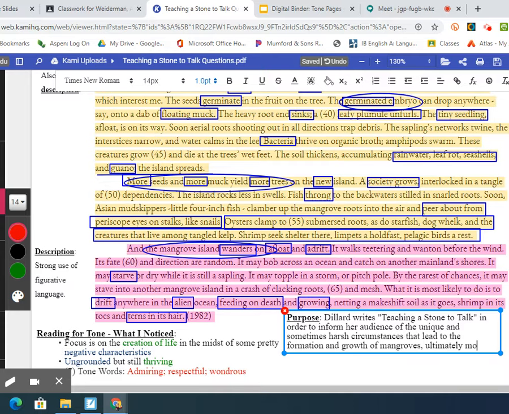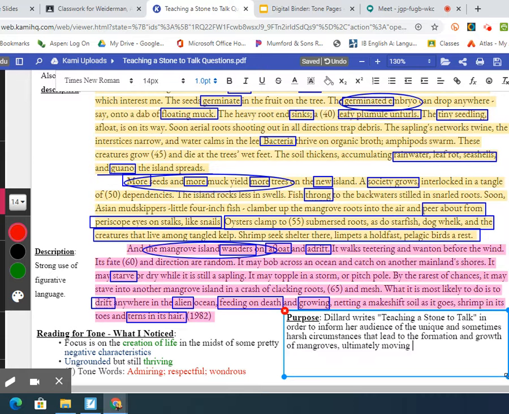Ultimately, moving her audience to, what is she trying to persuade her audience of? Mangroves are the artists. Well, you. Yeah, so she wants you to have the same appreciation for these things as she does. So ultimately, moving her audience to